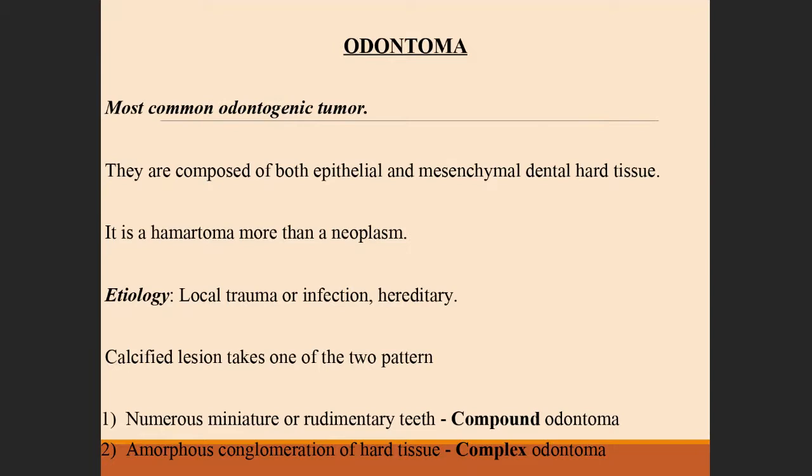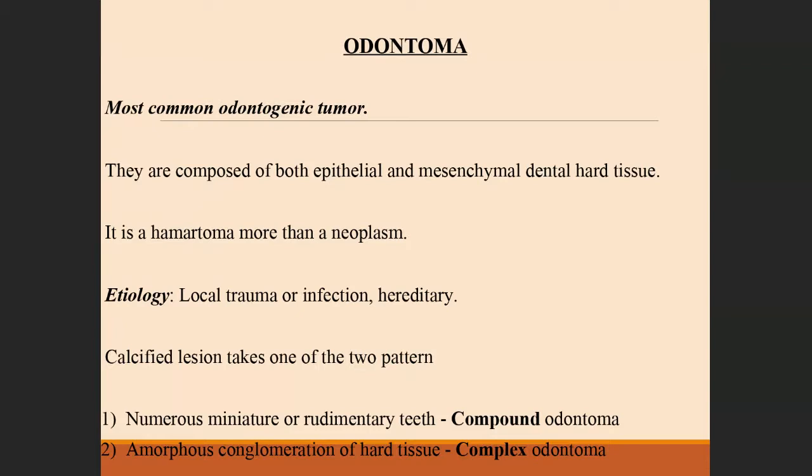Now, there are a lot of controversies regarding odontoma, because there's a group of scientists who believe that this is truly a hamartoma. You know what a hamartoma is: proliferation of tissue in its native site. So within the jaw bones, you find tooth-like structures. They think so, and its behavior is also not neoplastic. It is not recurrent, I mean, it doesn't show recurrence. Its proliferative index is very low. So accordingly, they consider this to be a hamartomatous proliferation.